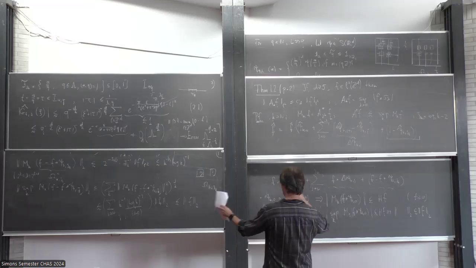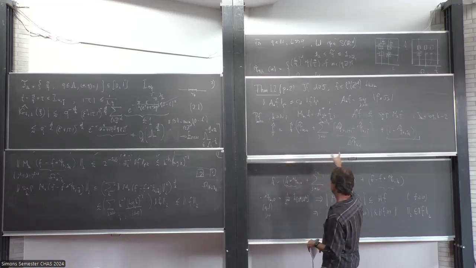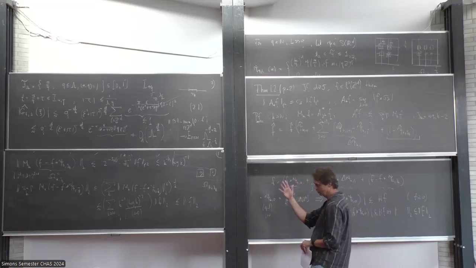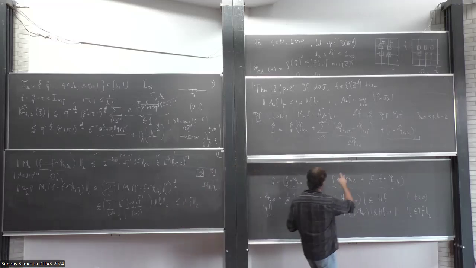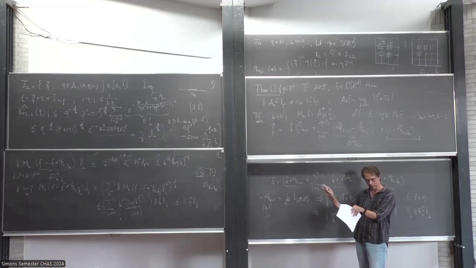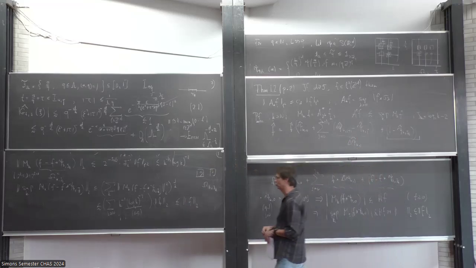So these are the first and the last pieces, and for the middle pieces, you again use the square function estimate and Minkowski to interchange the sum in j and k and use the decay again, because the Fourier transform of these pieces are again away from those little neighborhoods around rationals. So for each one, we would have a little gain in j. So we just have to interchange the summation in j and k.